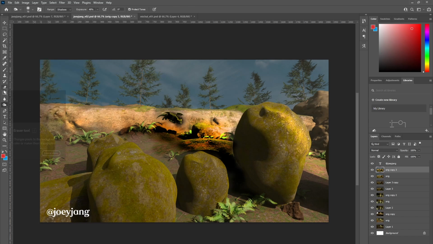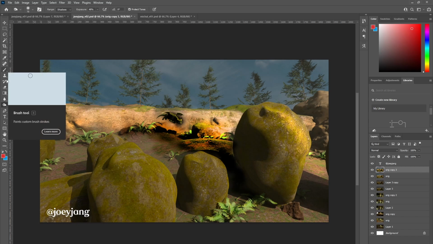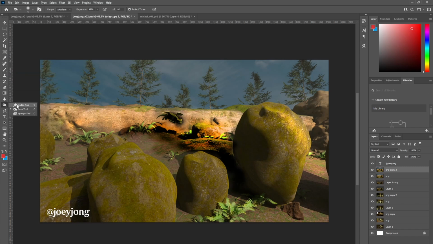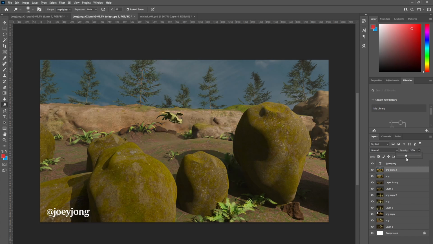But then leaves the background quite bright. Does that make sense? Let's try that.